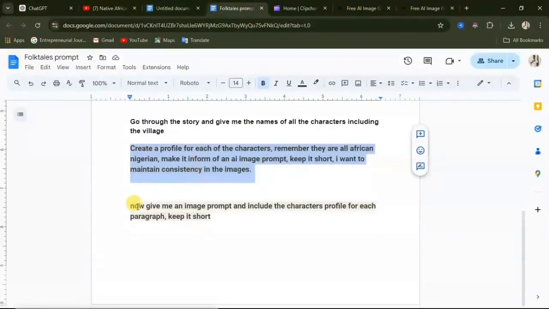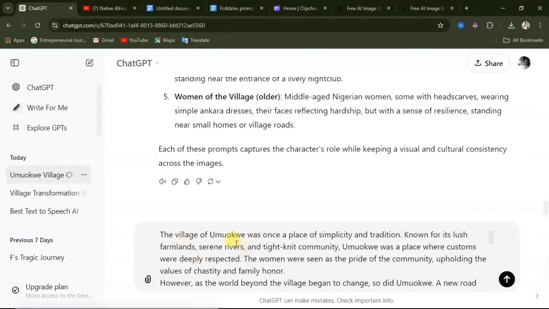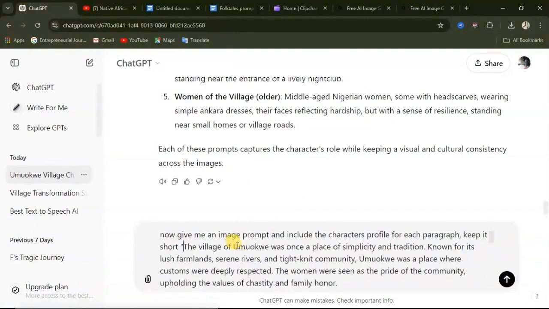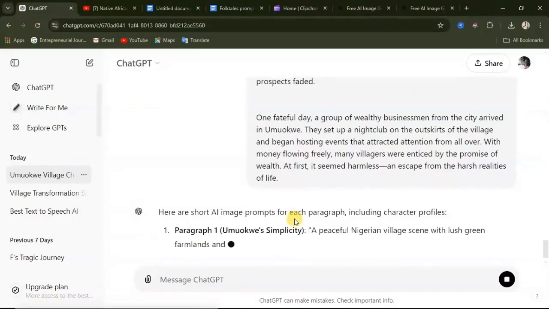So we'll copy this prompt: Now give me an image prompt, include the character's profile for each paragraph. I'm going to copy this prompt, then go over to ChatGPT, and at the beginning of this text, I'll paste that prompt there. So I'll send it. And ChatGPT is going to give us an image prompt for each of the paragraphs of